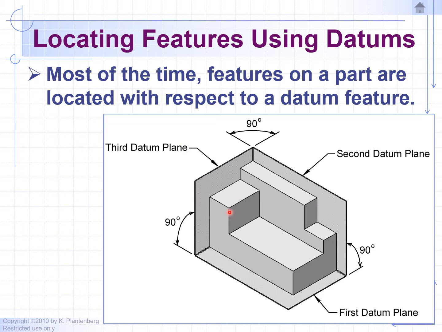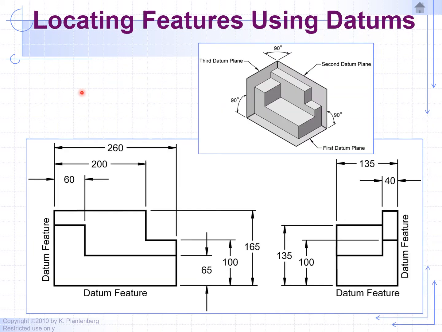Basically what you're doing is setting up an axis. It's like setting up your X, Y, Z axis. Very similar. And again, they're all perpendicular to each other, 90 degrees. Okay, so most of the time features on a part are located with respect to a datum feature. Okay, next slide. So by setting up our datums, so we have our first datum, we can dimension from that